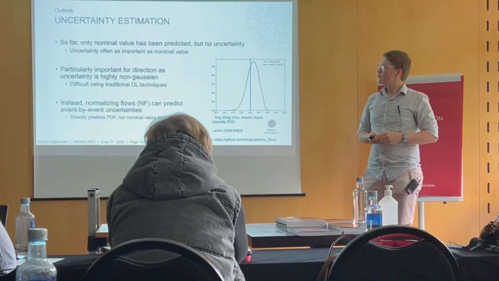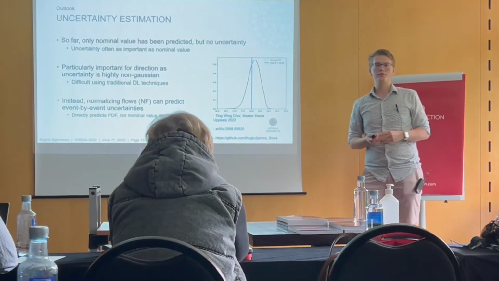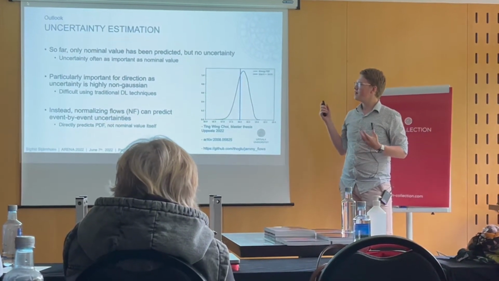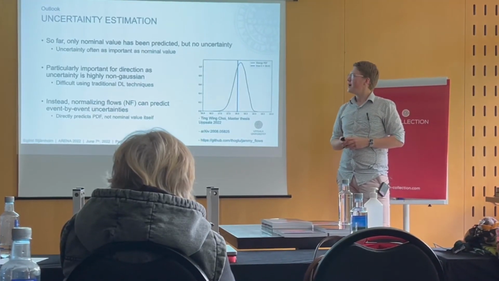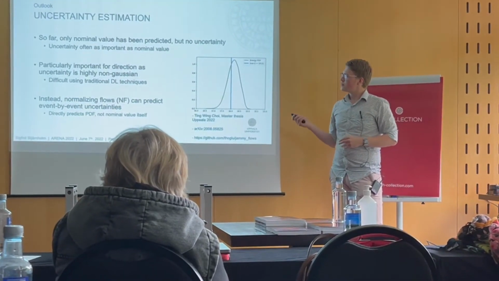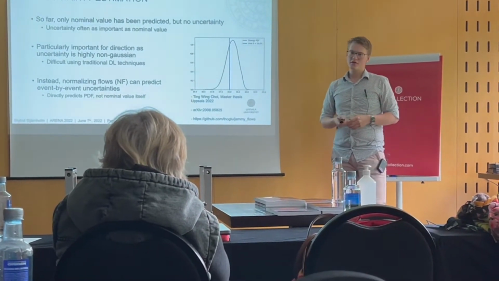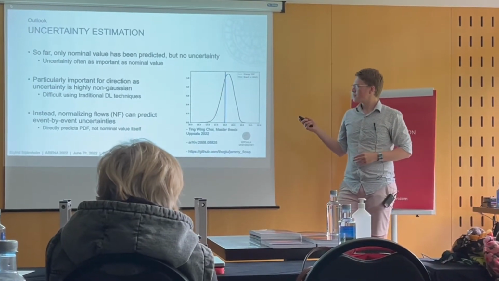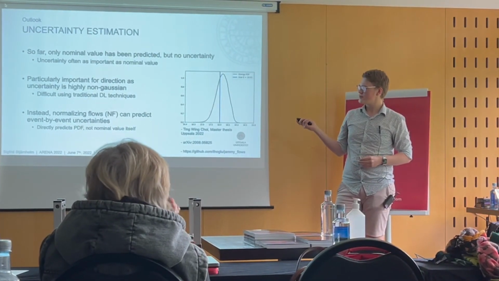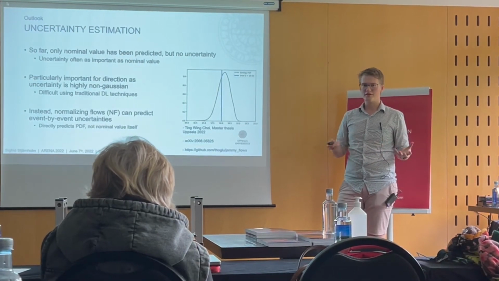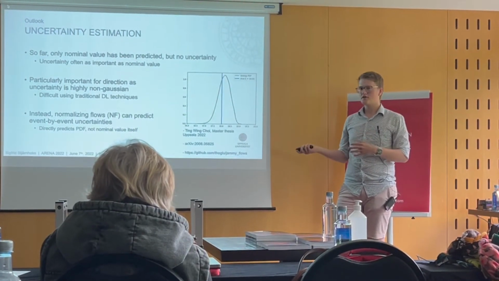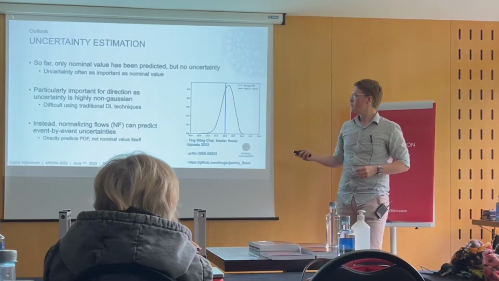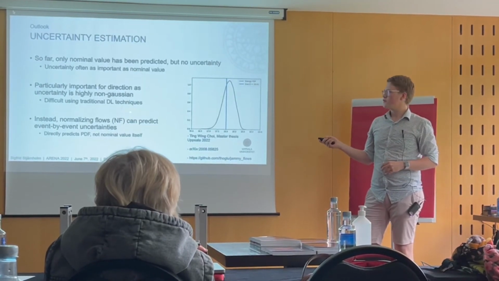Right. So for the outlook, we want to do some sort of uncertainty estimation, because so far we have only predicted the nominal values, and we haven't predicted the uncertainties. Often we want the uncertainties because they're often as important as the nominal values. We're physicists, so we want this. What we also need to take into consideration is that it's super important with these uncertainties, because the direction uncertainties are highly non-Gaussian. You know, we've seen these banana shapes in the sky today also, and it's also very difficult to do using